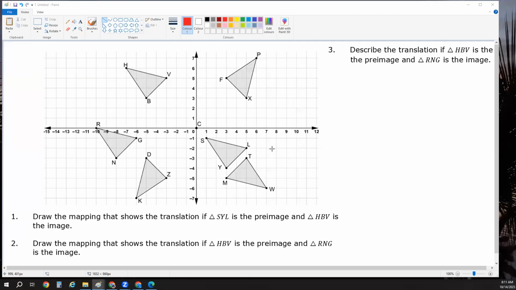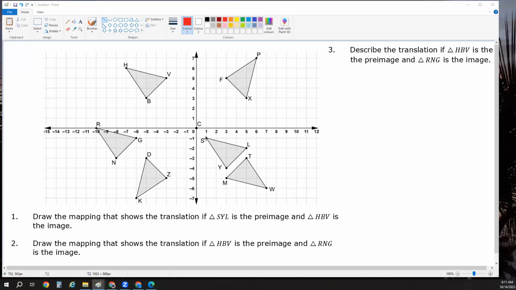Okay, so this is the homework, well, I guess the practice work from section 4.1. And this is questions 1, 2, and 3. I'll get to the other questions in another video unless I have time in this video. So the first question is: draw the mapping that shows triangle SYL